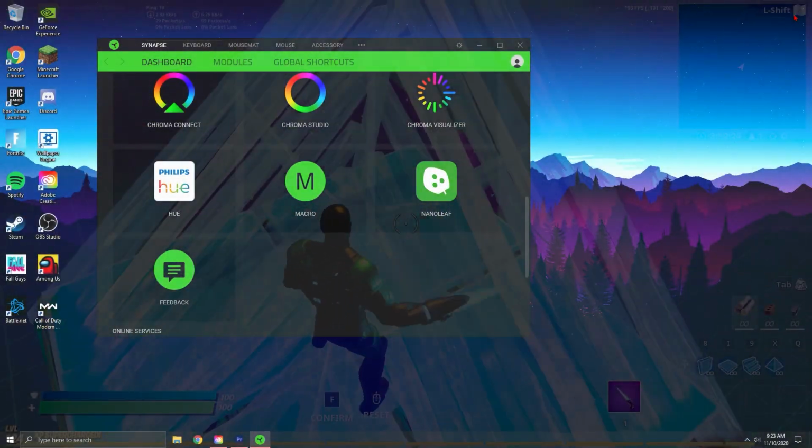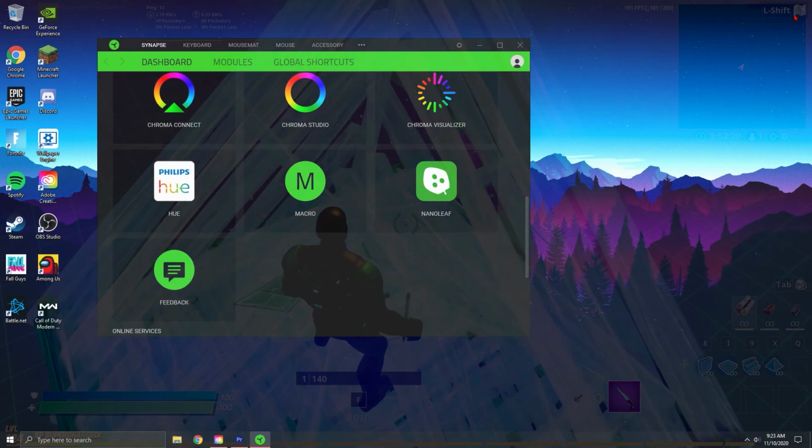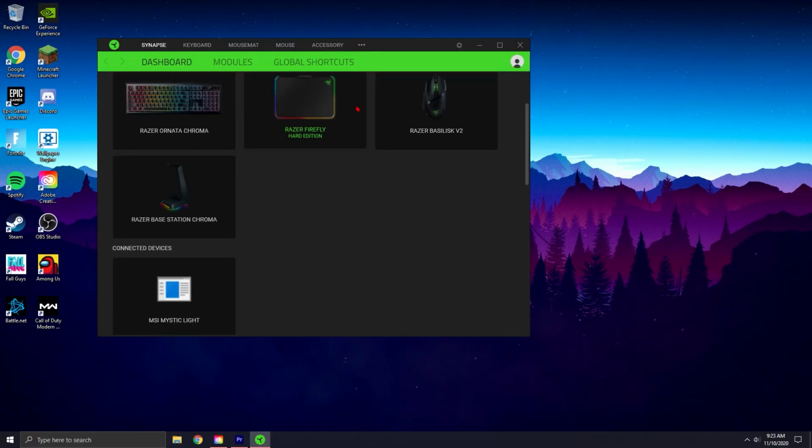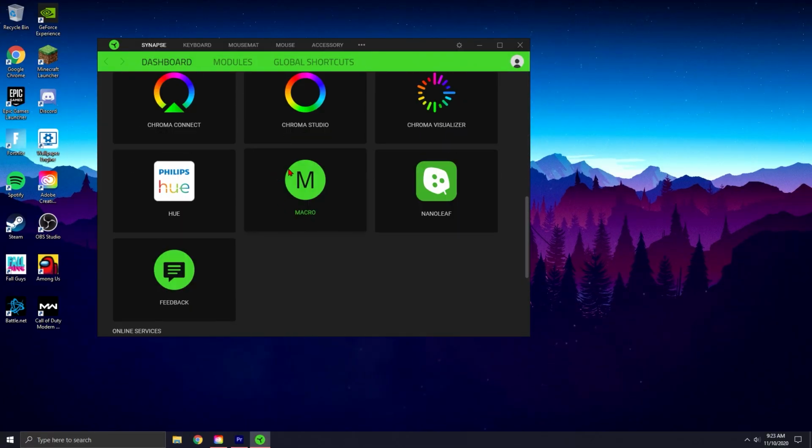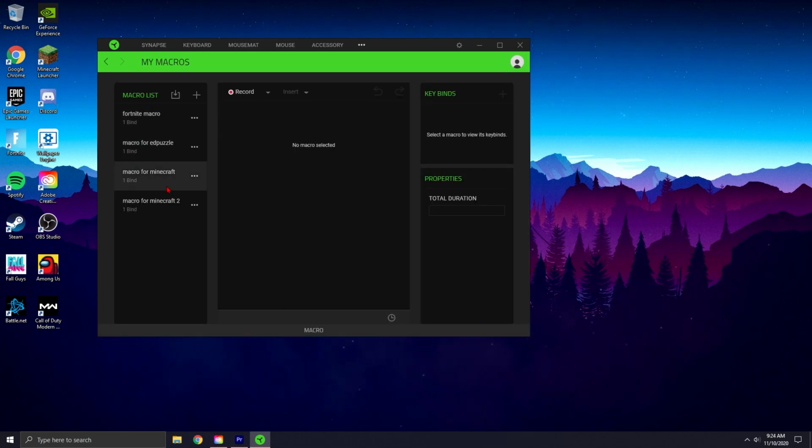Today I'm going to be showing you how to make a macro with Razer Synapse. So in the software, scroll down until you see macro and click here on macro. I already have some here, so I'll be showing you how to make,